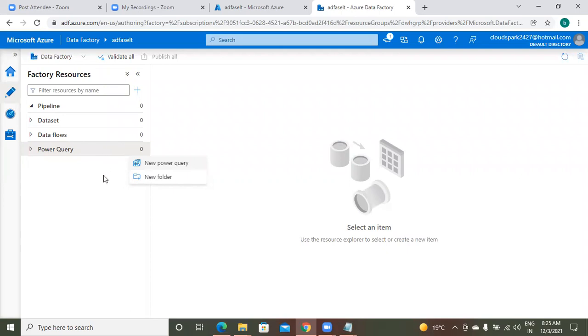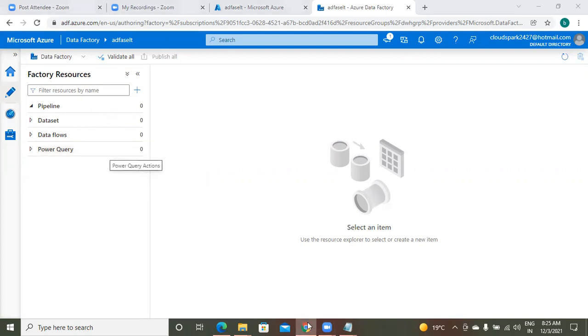That was under testing, with some development still to be done. Now it is finalized, and Power Query is fully available to you. Even some clients directly use data flow, some clients use Power Query, and some clients, without using these two, directly perform the core activities. Understand the points? So this is about the ADF environment.